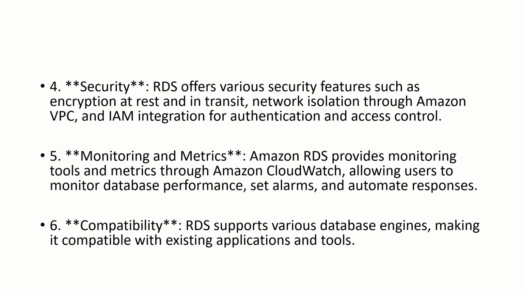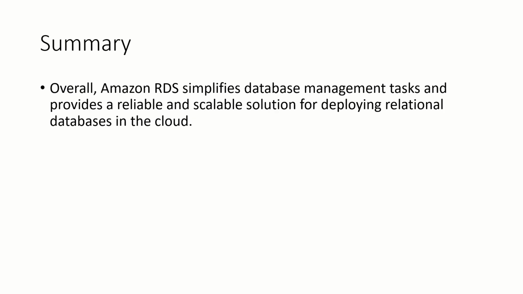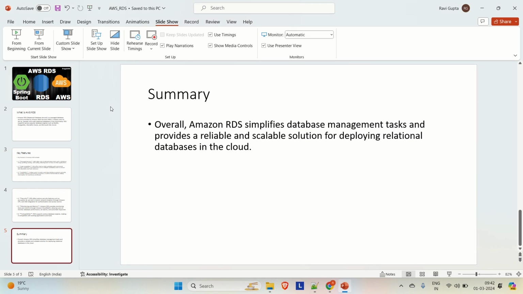So these are the key features of RDS, and let me summarize it. Overall, Amazon RDS simplifies database management tasks and provides a reliable and scalable solution for deploying relational databases in the cloud. So this is what AWS RDS is. Now what we are going to do is practically create a MySQL database using AWS RDS and then use it in our Spring Boot application. So let me come out of it and go to